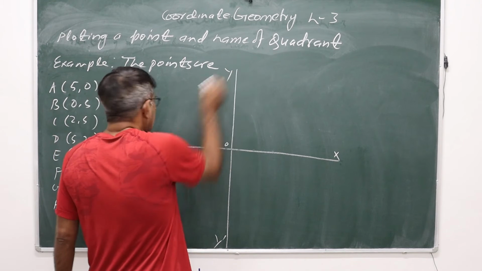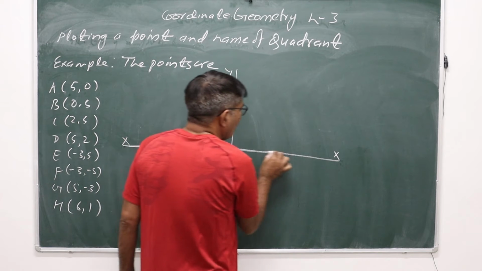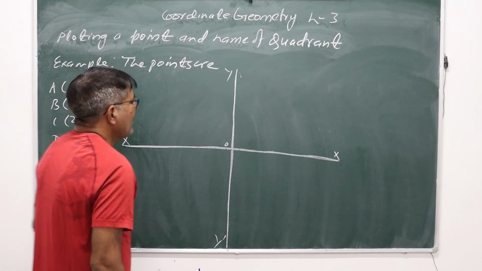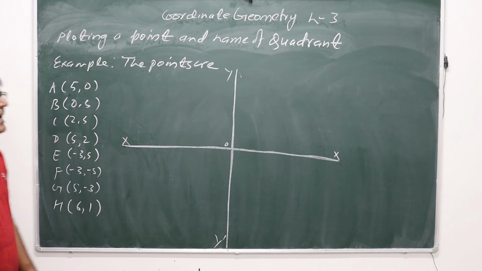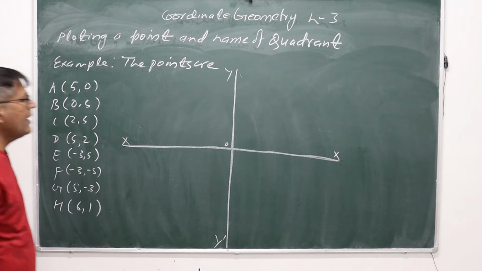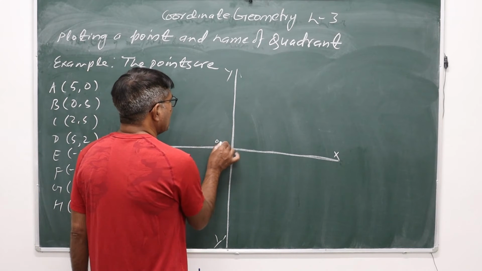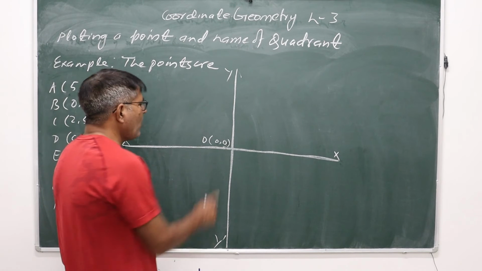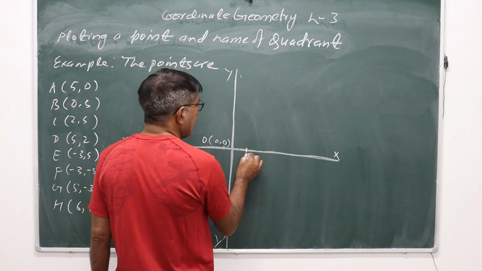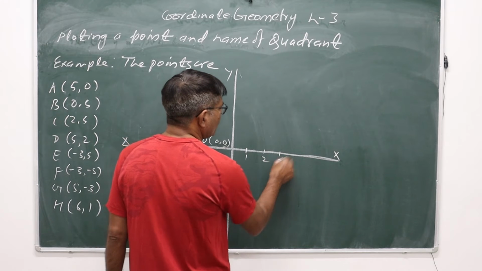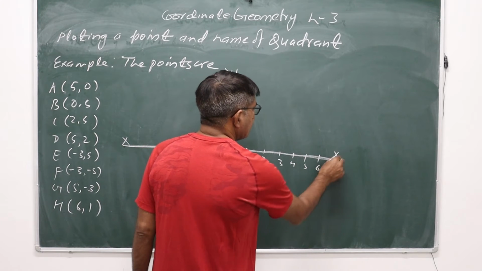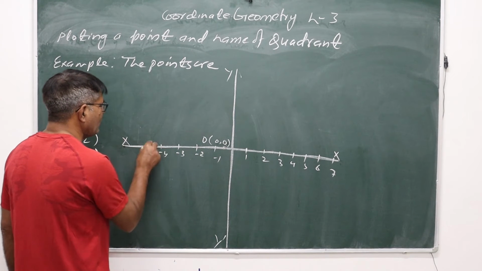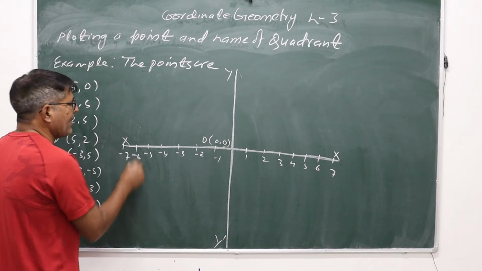So what you have to do on graph paper, you have to draw two mutually perpendicular lines. Horizontal is known as the x-axis and vertical is known as the y-axis. Now this point of intersection will be taken as 0 or point of reference. The coordinates of this point O will be (0, 0), that is, x coordinate is also 0 and y coordinate is also 0. Now from 0 to the right hand side on this horizontal line, write the points 1, 2, 3, 4, 5, 6, 7 and so on. Similarly on the left hand side, -1, -2, -3, -4, -5, -6 and -7.